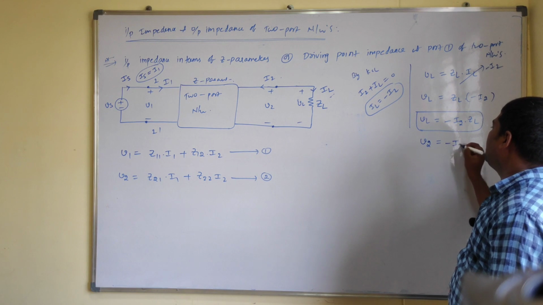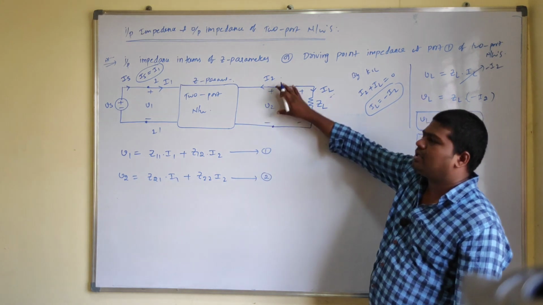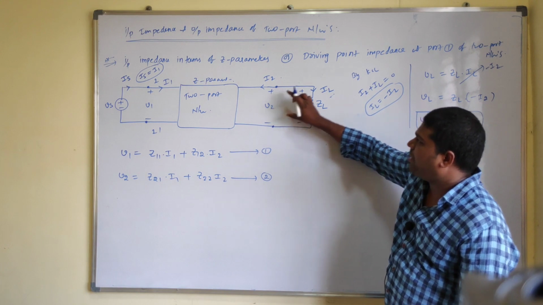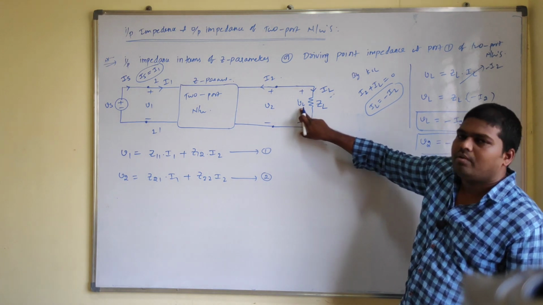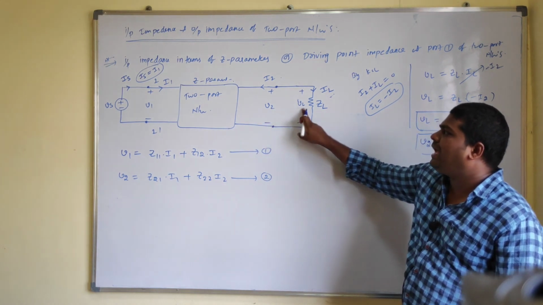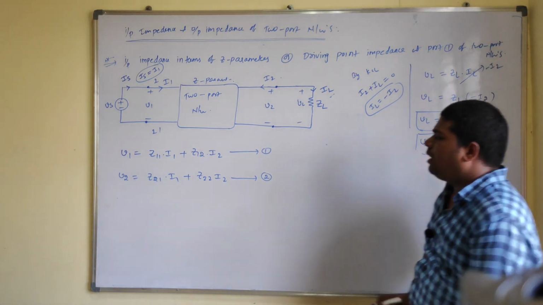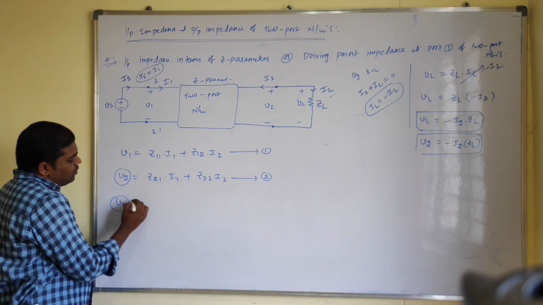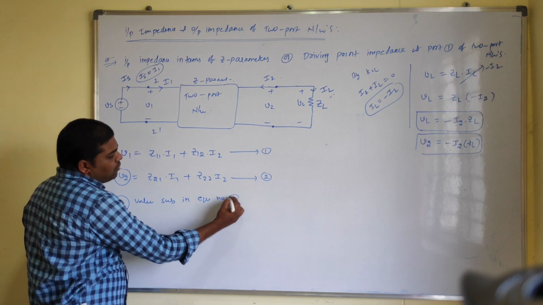That V2 equals how much? Minus I2 into ZL, right? In the parallel case, the branch voltages are the same. Here the open circuit voltage equals V2, and that same voltage appears across ZL. From the load point of view, I can give the name VL to that branch voltage, but in this situation V2 equals VL. So I can replace VL with V2 and substitute that V2 value in equation number 2.